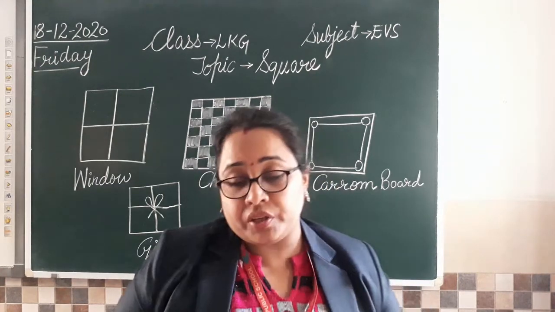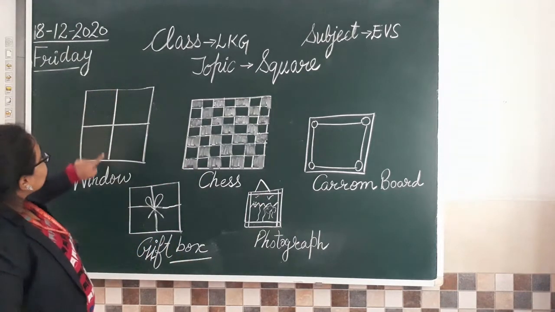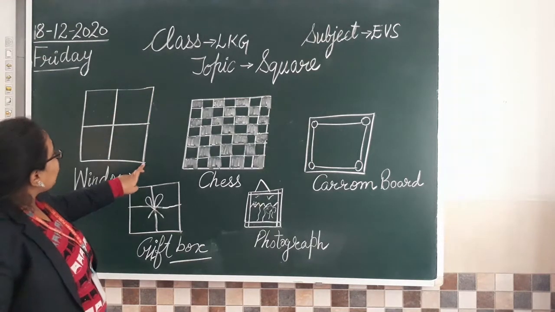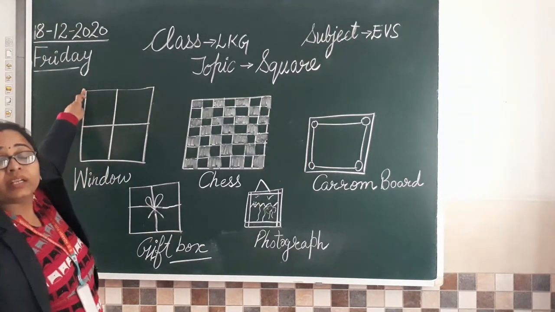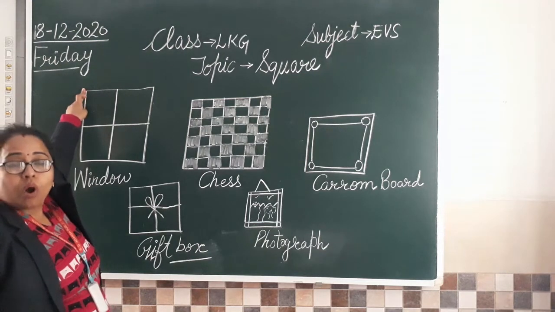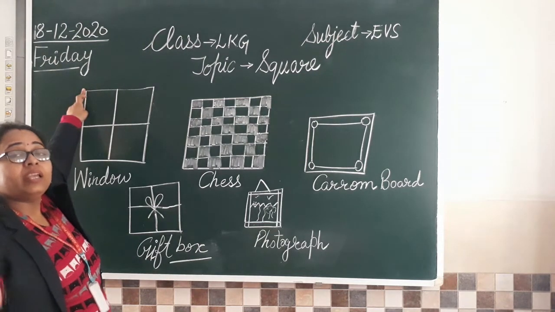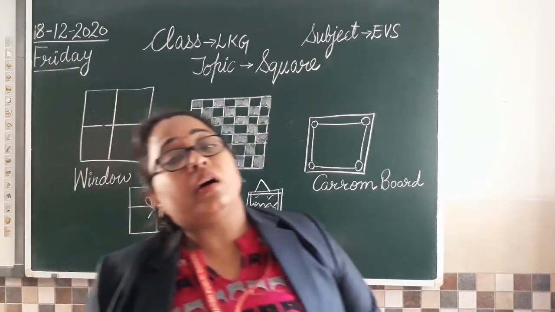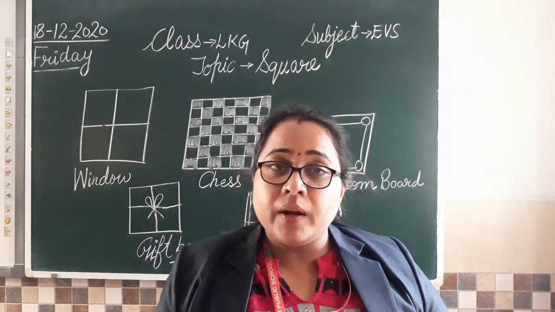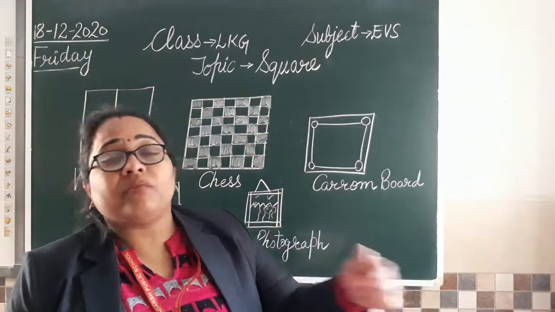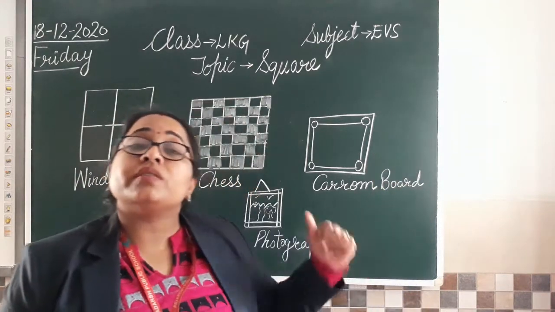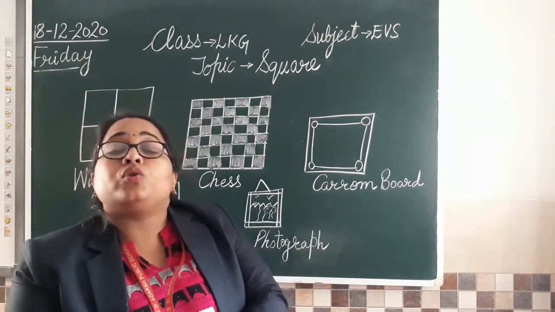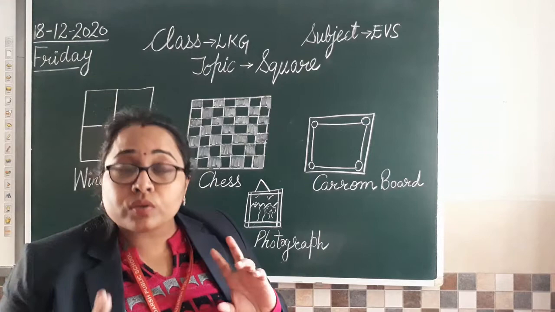और वो equal भी होनी चाहिए. See now, there are 4 sides as I told you earlier also. और ये 4 sides एक दूसरे को corners पे join कर रही हैं, touch कर रही हैं. That means all these 4 sides are equal and they are joining with each other. So this particular shape is called a square. Clear? और बहुत सारे examples हैं. Like we have a clock. Wall clock भी होती है square shape की. We have a wrist watch. Many of the time people wear the wrist watch जो हम अपने हाथ में घड़ी पहनते हैं. That is also square in shape.